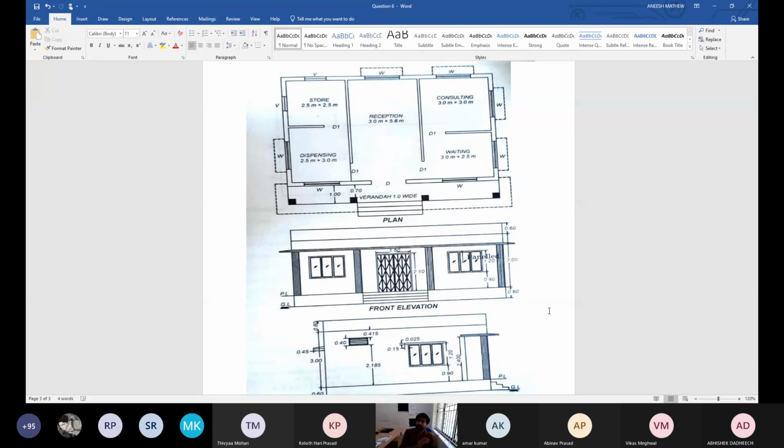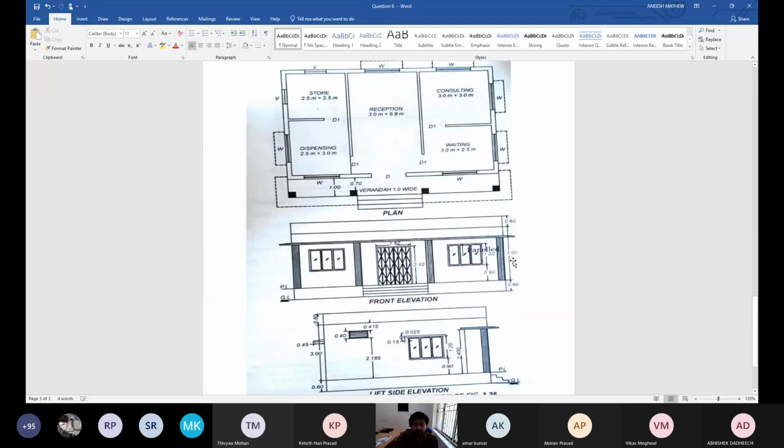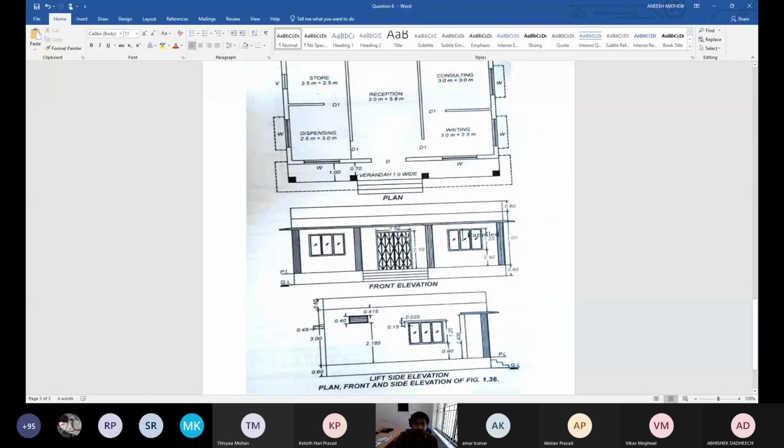The only difference is how you can orient things, how you can do the proper circulation. Circulation is one thing, and the second is grouping. So the major difference is circulation and grouping, how you are providing everything in a proper way. This is one example I am telling. Normally in hospitals, instead of doors, you can provide some grill system also, in such a way that you can make the arrangements suitably.